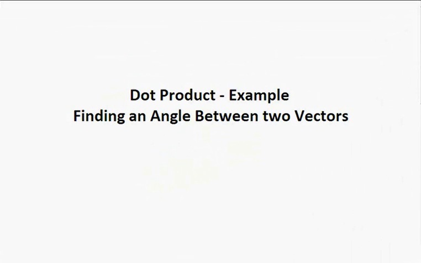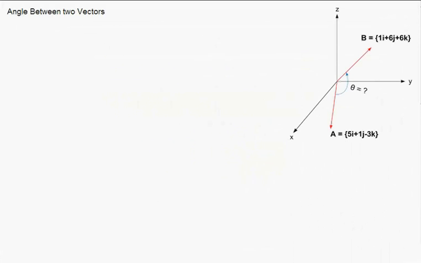This video will show an example of how to find the angle between two 3D vectors using the dot product method. In this problem we have two vectors. The first vector is vector A, which is 5i, 1j and minus 3k, and vector B, which is 1i, 6j and 6k. To find theta in this problem, we use the formula theta equals cos inverse